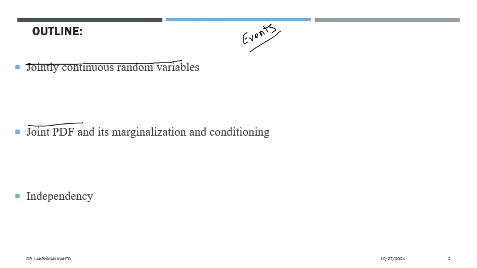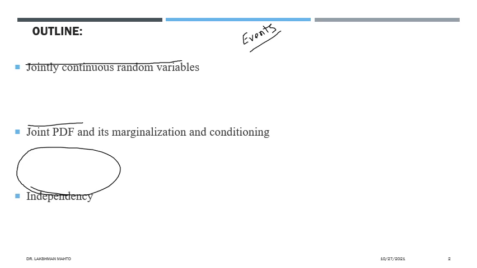After that, if time permits, I will talk about independence of any two continuous random variables, whether there is a dependency or independency. We will see it through various derivations of the marginal PDF and conditional PDF. There are various ways to define independence of two continuous random variables. One comes directly from the conditional PDF, another directly from the joint PDF.